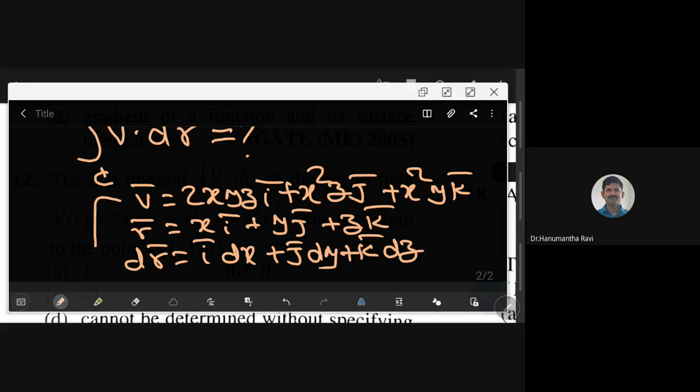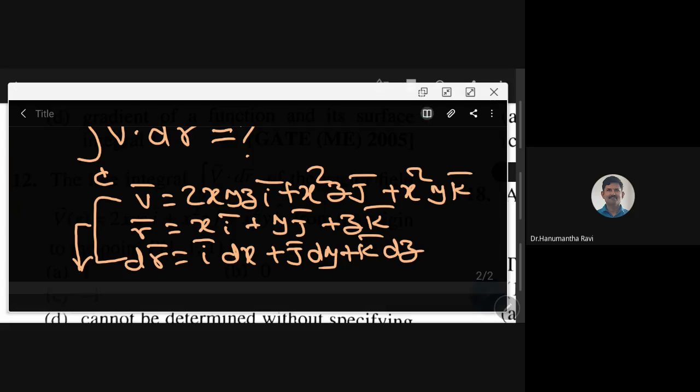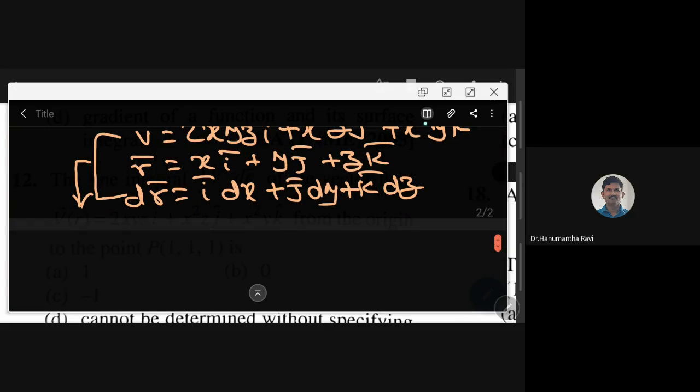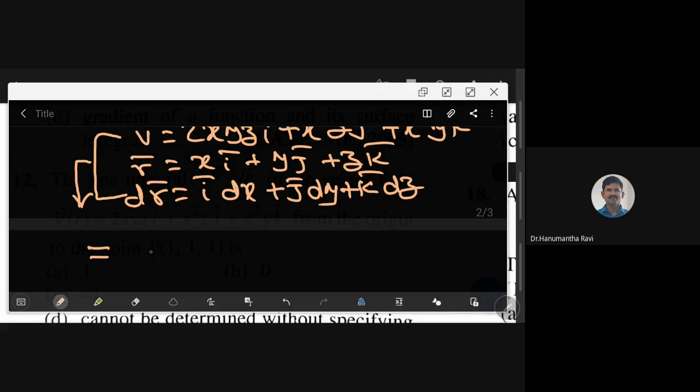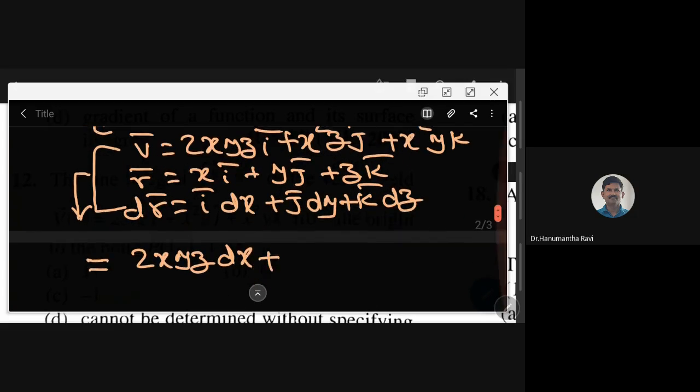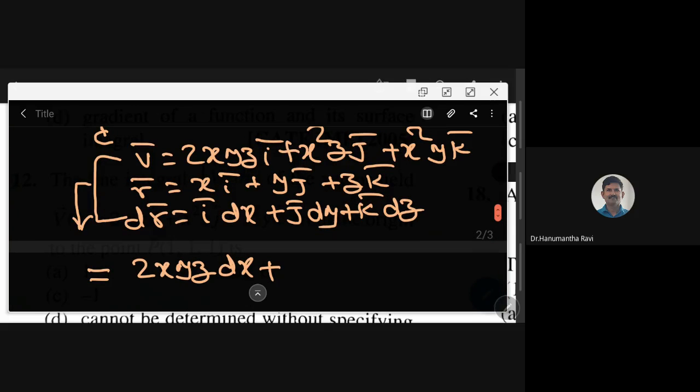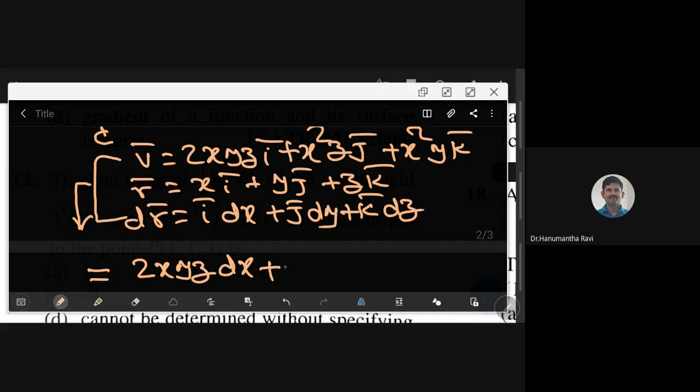Now we are taking the dot product of V bar dot dr bar. So corresponding coefficients we will multiply and add. Dot product means 2xyz i bar coefficient into dx plus j bar coefficient. What is the j bar coefficient? x square z is the j bar coefficient. x square z dy